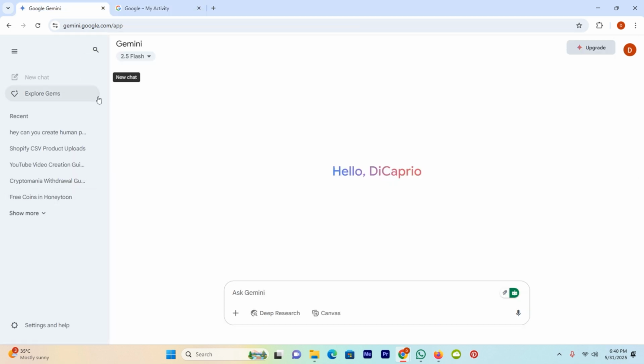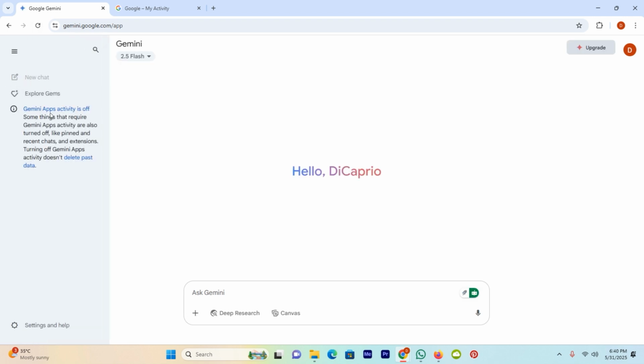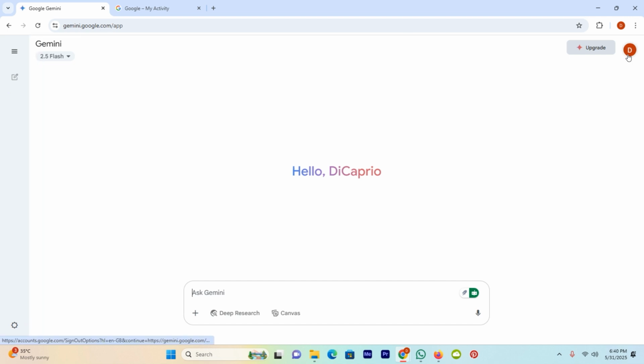Now if I move back and refresh the page, you can see Gemini activity is off. Things that require Gemini activity are also turned off, so I need to turn it on if I want to use that Gemini. One more thing is, if you want to turn it off, then simply click on your profile